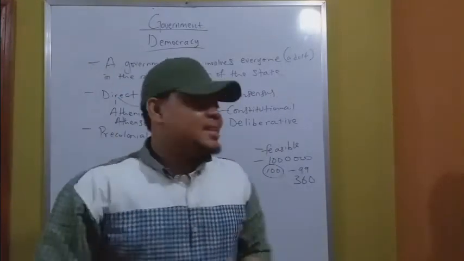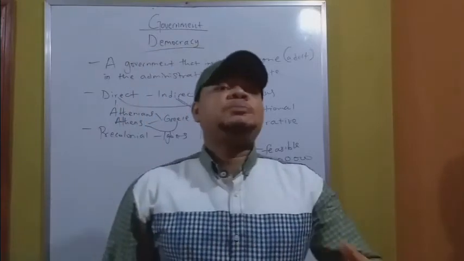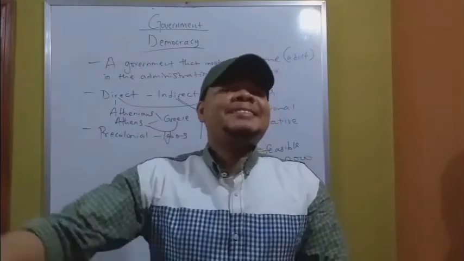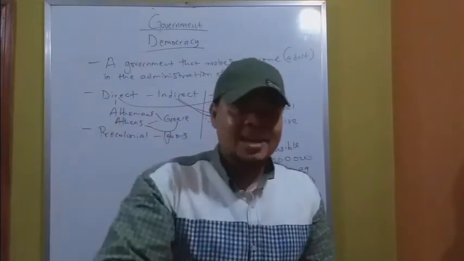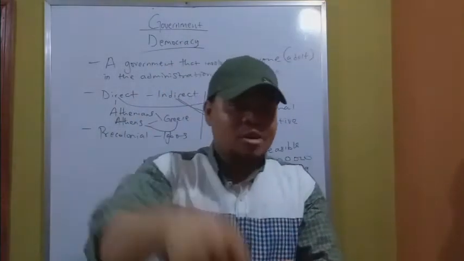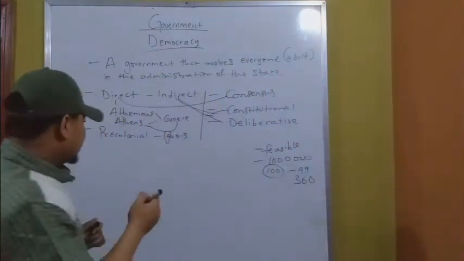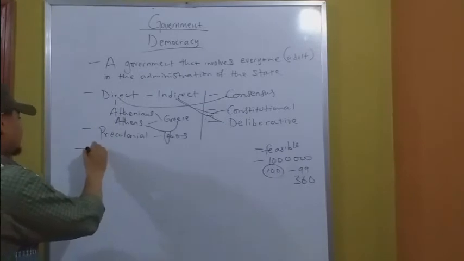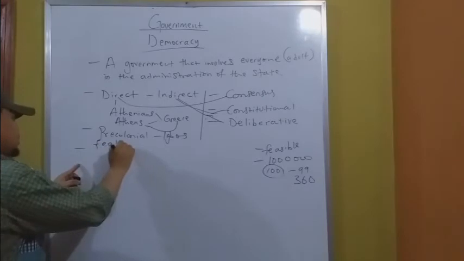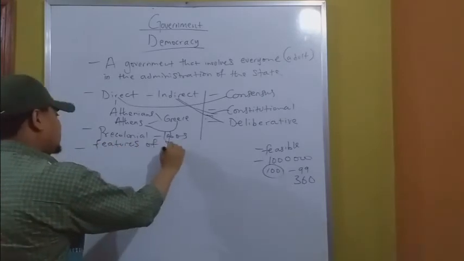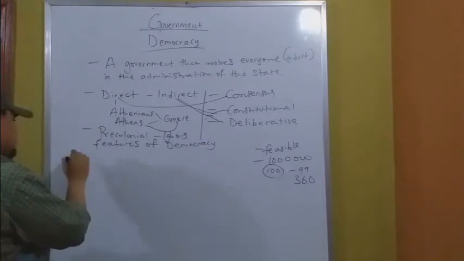Are we together? Now, let us move on to what we call the features of democracy, or attributes of democracy, or characteristics of democracy. That is the things that must be present for us to say indeed democracy is being practiced. Are you following me? Number one. Now let me start from majoritarian rule. Number one feature of democracy. Let us title it Features of Democracy. Number one, we have majoritarian rule.